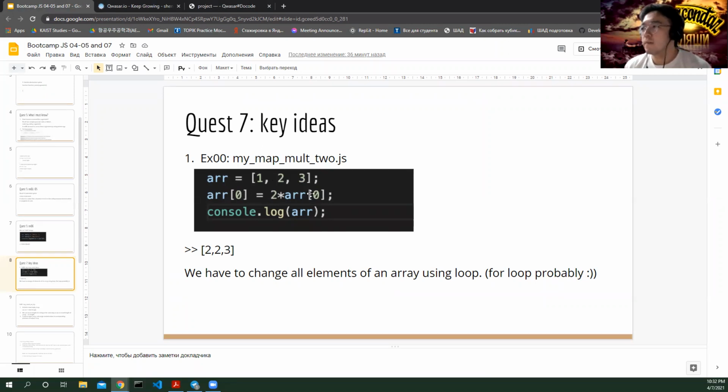So it's very simple. We say array and that rectangle brackets, and inside that rectangle brackets we specify the position, and then we access element, and how can we change the value inside this element,